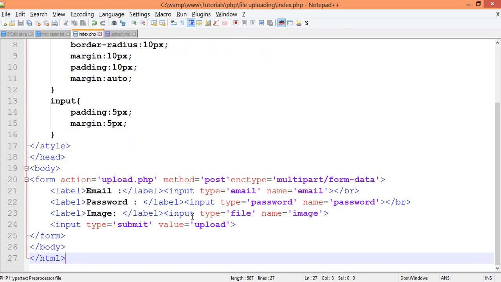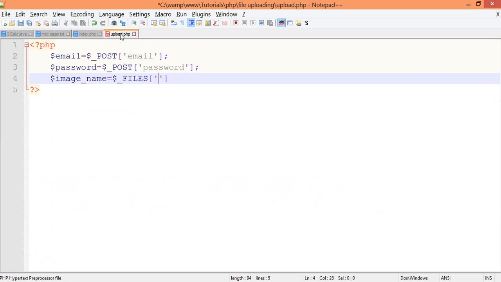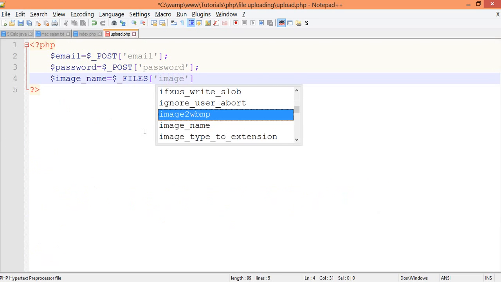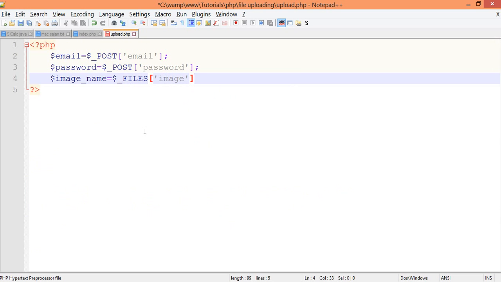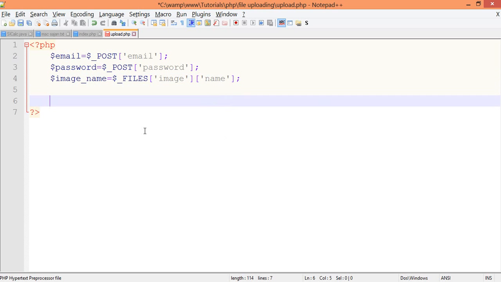Yeah, so name equals the image I have given, so I have to write here image, and it is a multi-dimensional array because many data are submitted along with the file, not only the file name. Okay, so file name is one of them, so I have to grab name from here, and if I go ahead and write echo